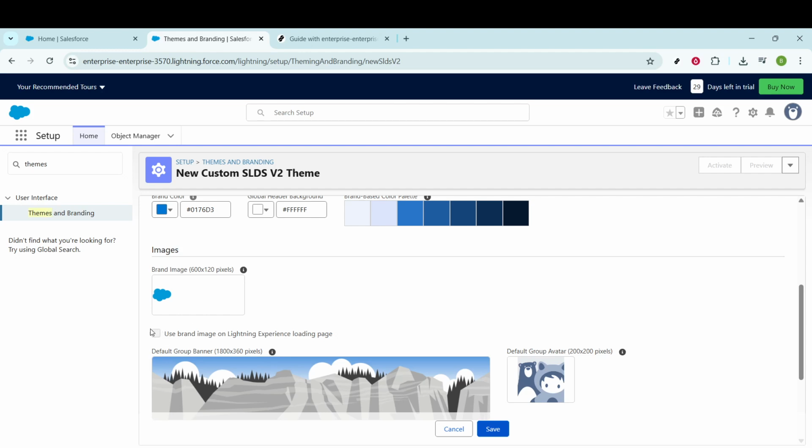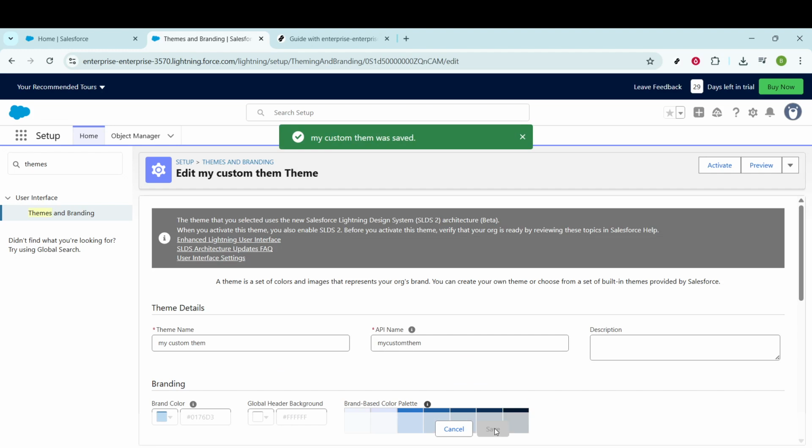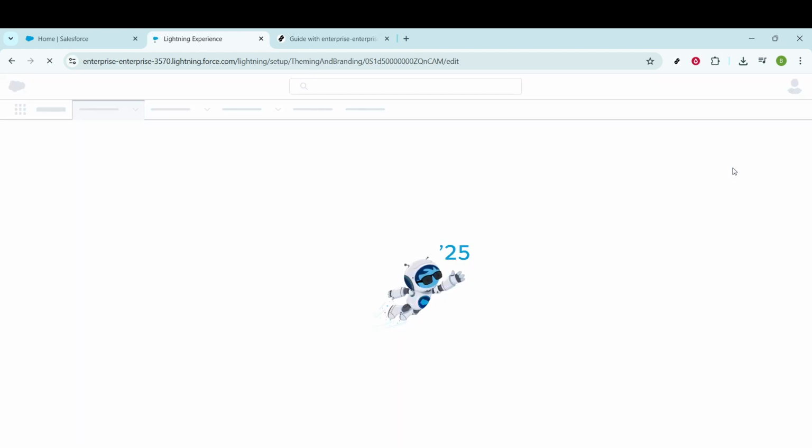And one more time, don't forget to hit Save again at the bottom of the page to make sure those changes definitely take effect. Finally, the moment of truth, activating your new theme. Simply click the Activate button. This will apply the theme you've customized to your entire Salesforce organization, showcasing your unique branding every time you or